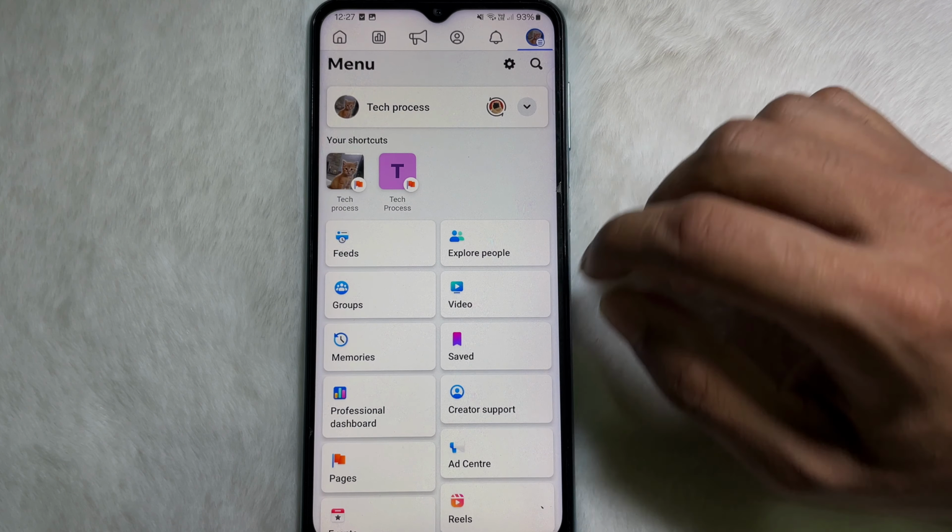and here you will get settings and privacy. Tap on settings and privacy, and then tap on settings, and once you tap on settings, then you will be taken to this page, and from this page at the upper right side you will get a search icon, so tap on here and then search name, then tap on name,